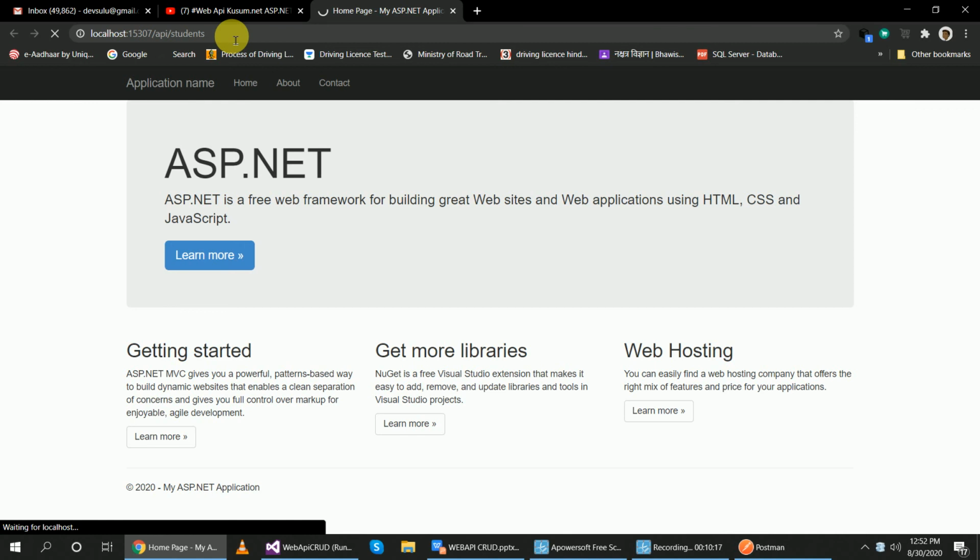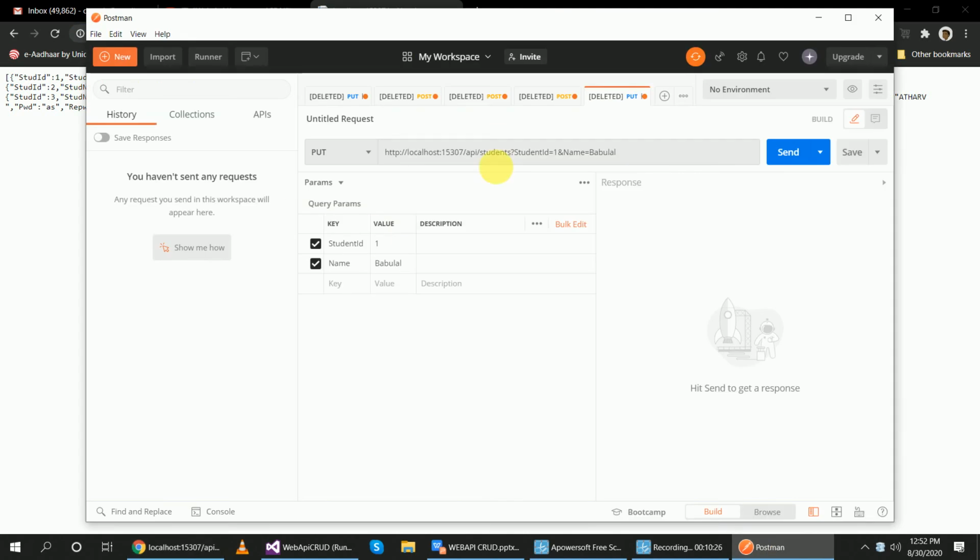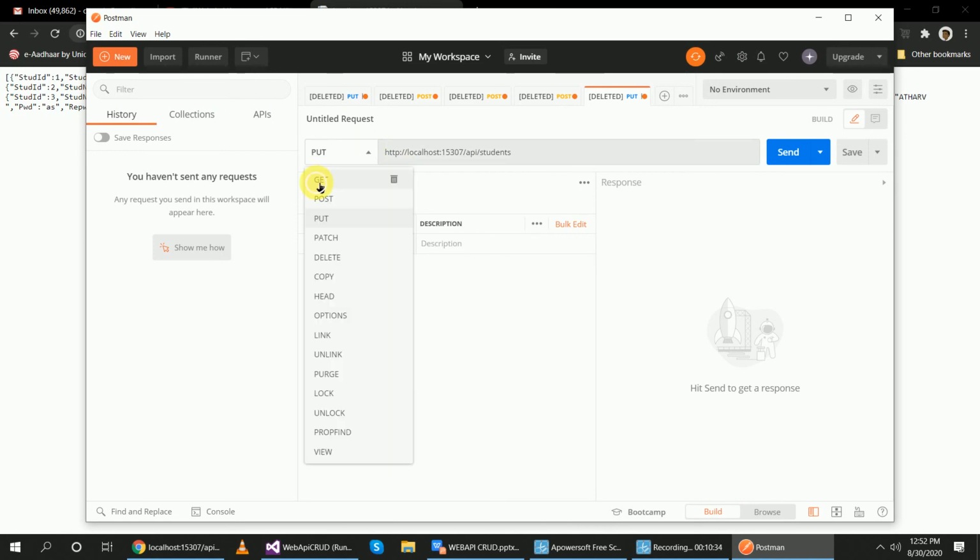Okay, then we will use the application. I copy this link, paste here, right? And to get the record, I will use the get method and send the request to the server.